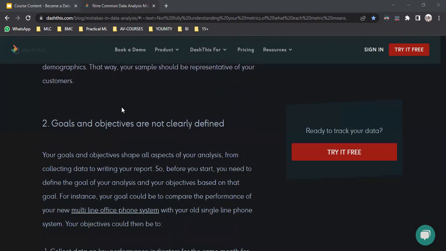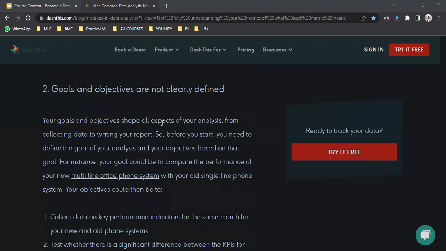The second common mistake is not being clear about the goals and objectives, what exactly the problem statement is. Let's say you are working on the number of sales after 1 year or second year. You need to be specific about the data you have, so that you can optimize your results and get good KPI metrics to arrive at the solution. But if you are not clear about your problem statement, how will you get the insights? You need to understand the problem statement, the objective and the requirements very clearly and thoroughly.